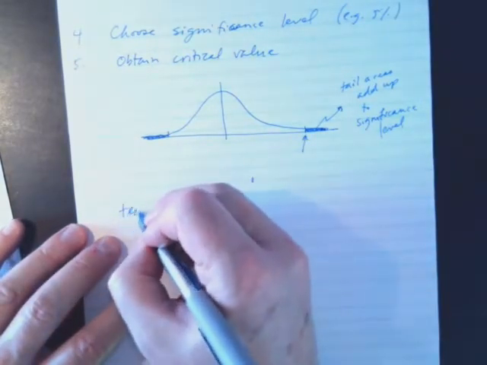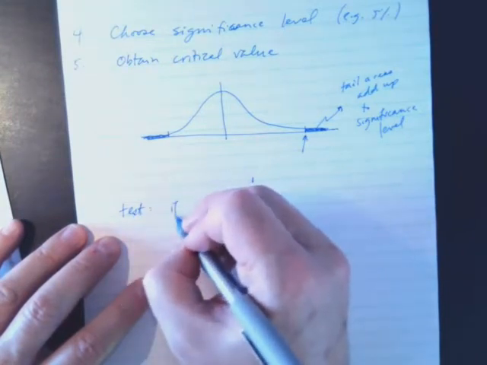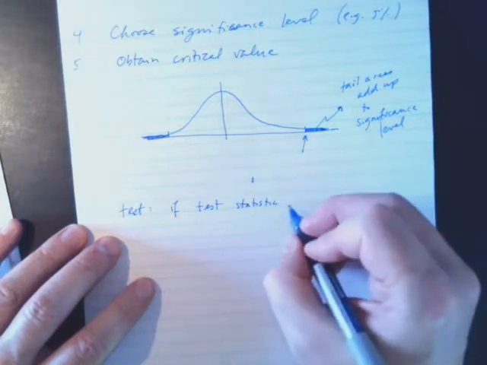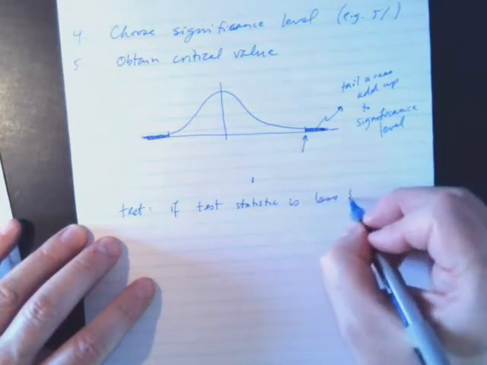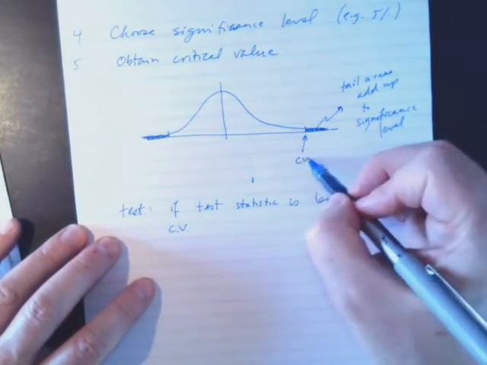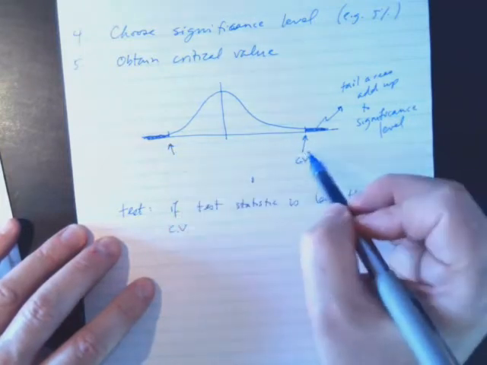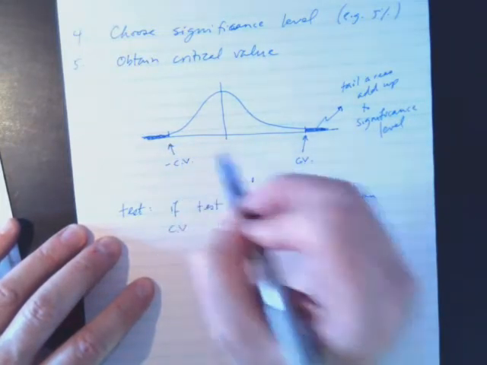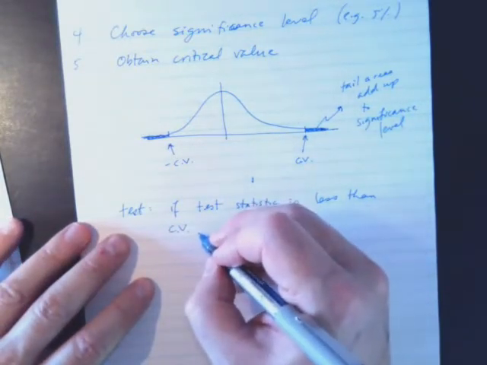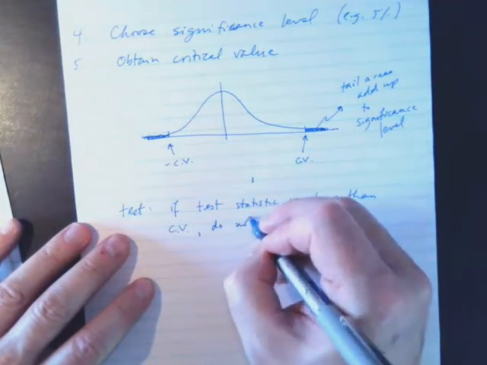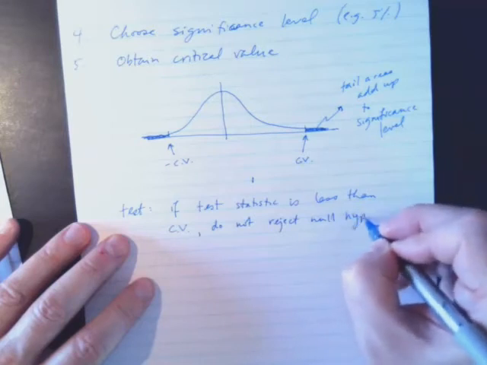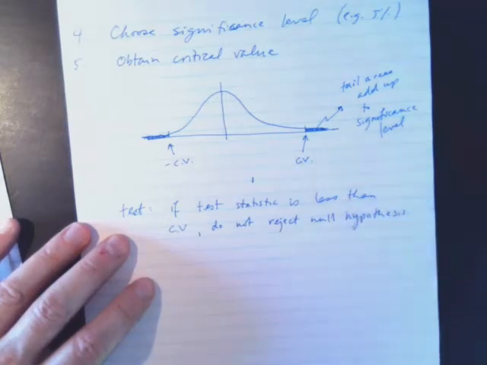And then the test is that if the test statistic is less than the critical value, so that's the positive one, and that's the same number but with a minus sign in front of it. So if the test statistic is less than the critical value, then do not reject the null hypothesis. All right, so